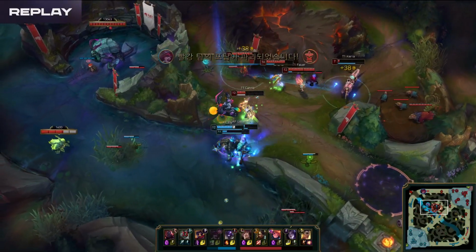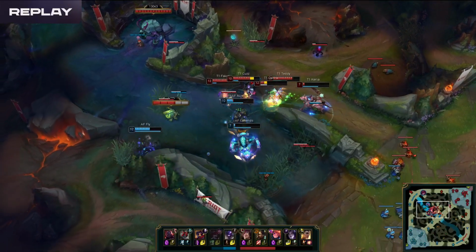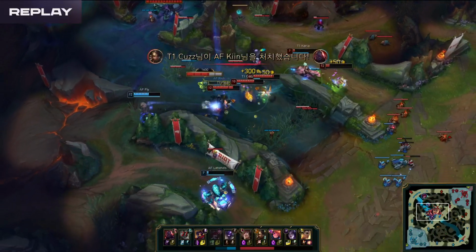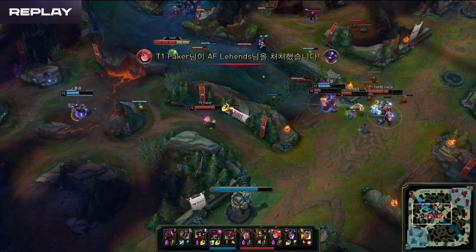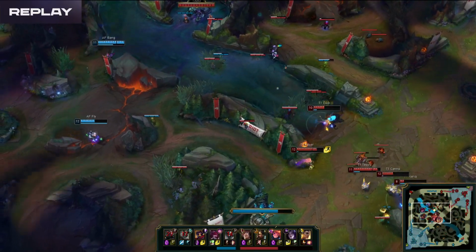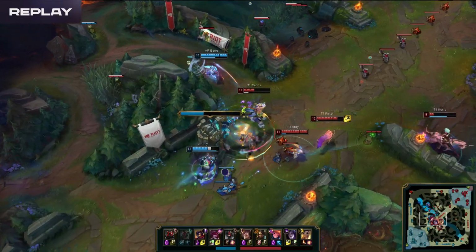And just chilling on the Lissandra in the top lane, and you can look at Bang and go like, Bang, what are you doing? But this is a team call, and this is the problem every single time with Afrika, and this is why we're so hesitant to call this game over. Even though, still, right now, this is not a sizable gold lead for T1. They won one tiny battle, but it's moments like this that give me